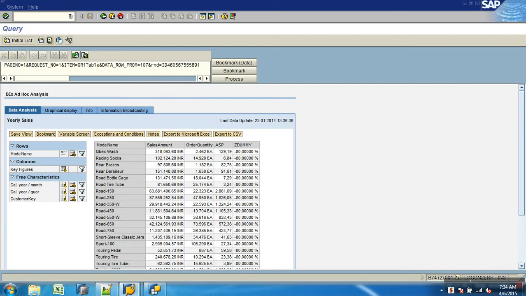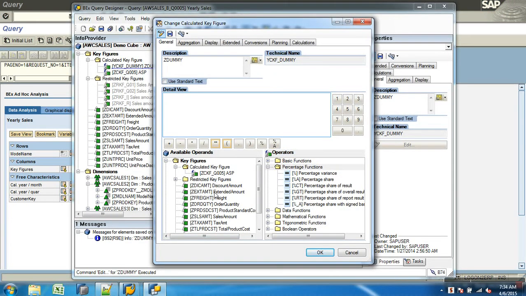So I will say sales amount, percentage share of overall result. So this will calculate the percentage share of the sales amount.